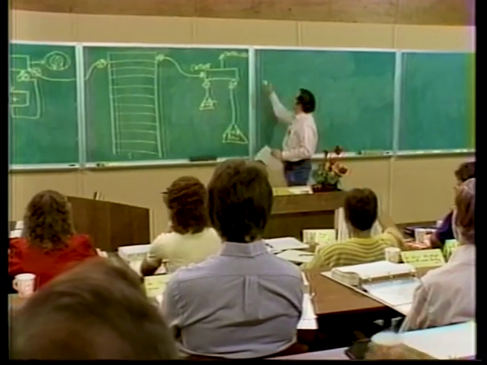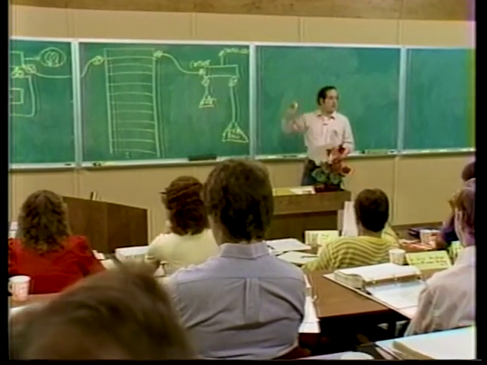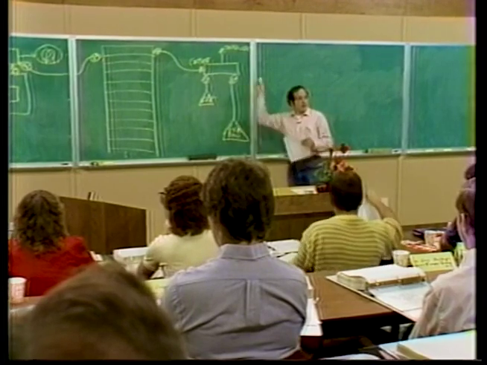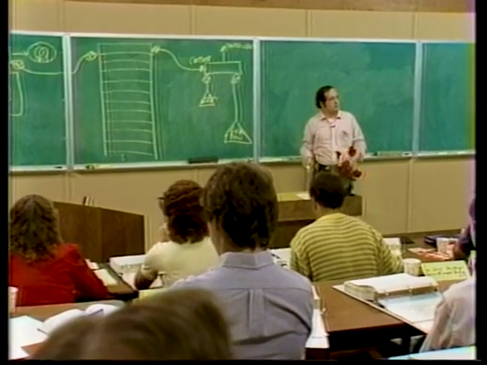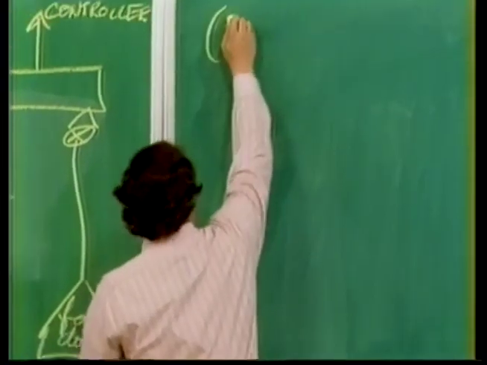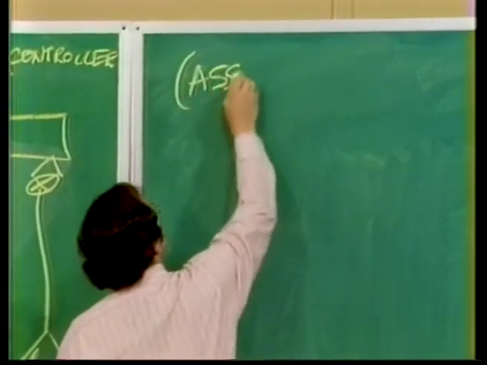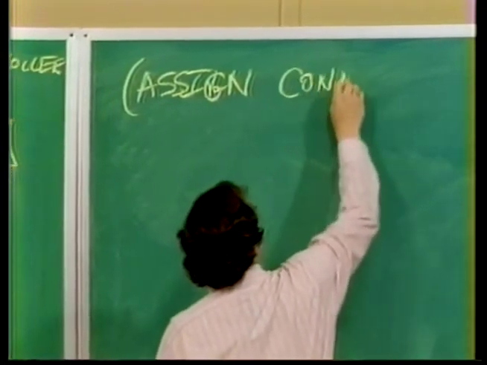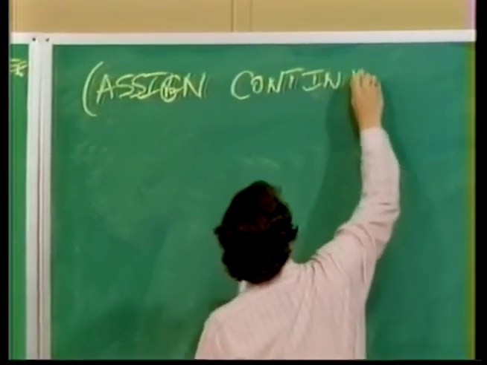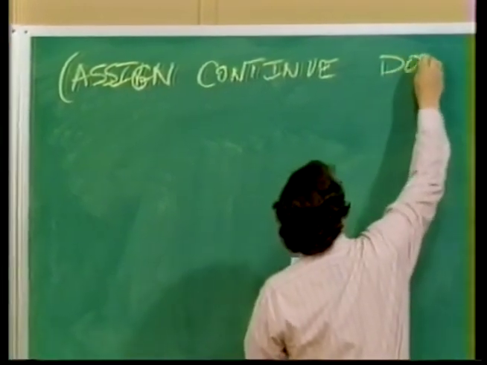I'm not going to write the define-machine thing and the register list because that's not very interesting. I'm just going to write down the sequence of instructions that constitute the controller. Okay? So we have assign, to set up, continue, to done,